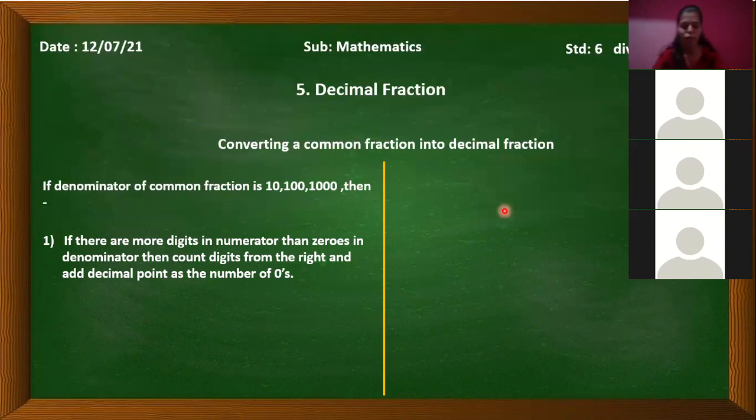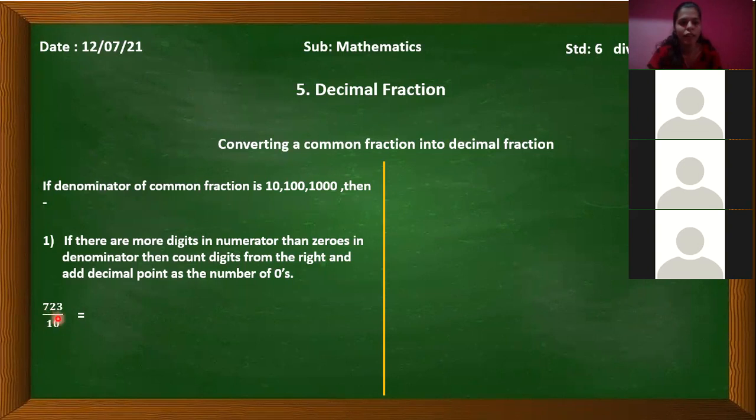I know it's confusing when you are reading it, so I will explain it to you with the example. So just take this example. You can see here the example is 723 upon 10. You can see the denominator is smaller than the number in numerator, right? 723 is bigger than 10, right? Yes, ma'am. So according to the rule, what we are going to do is, we will count the zeros. How many zeros are there? Only one, right?